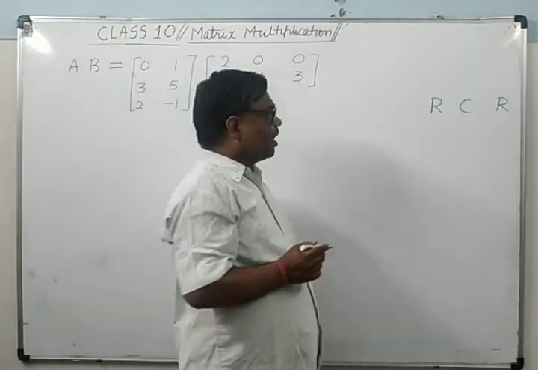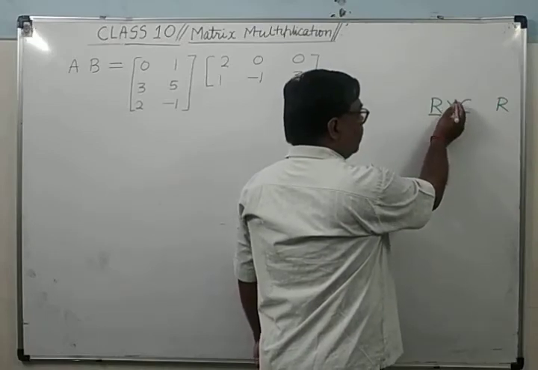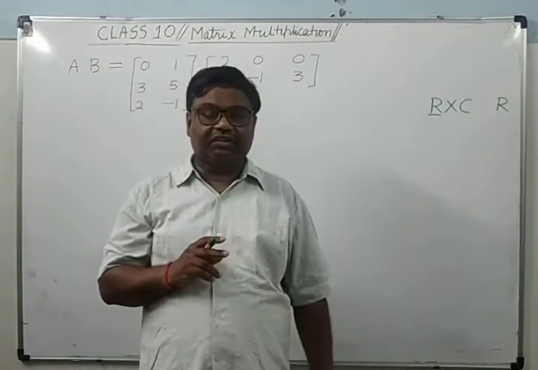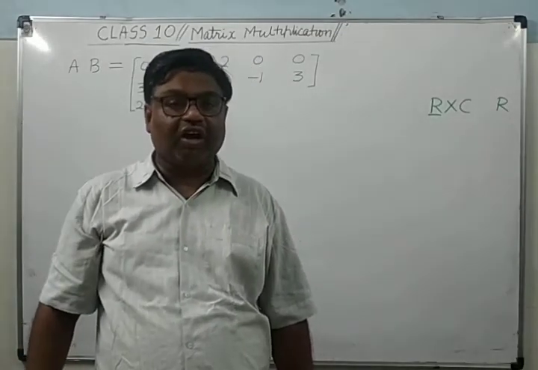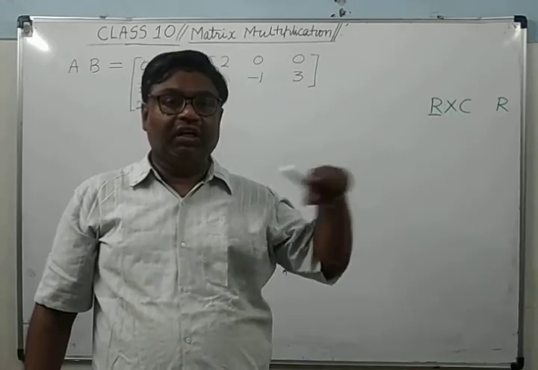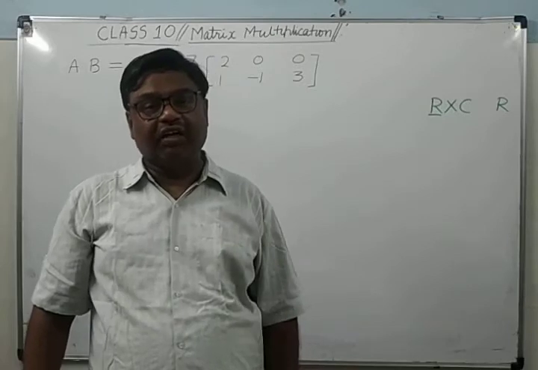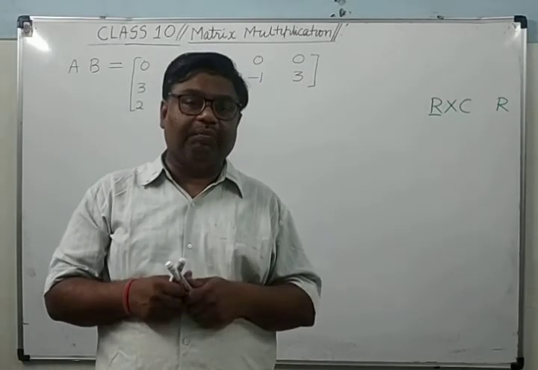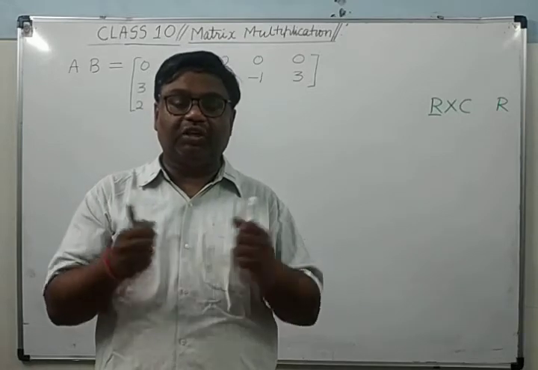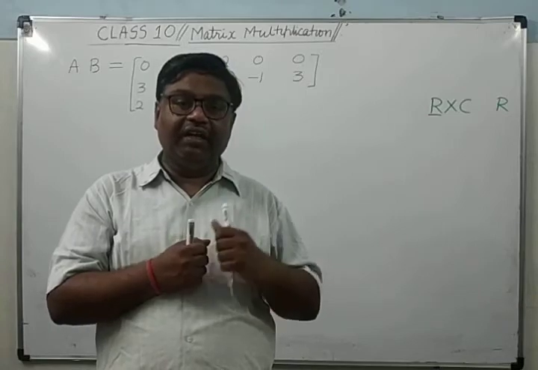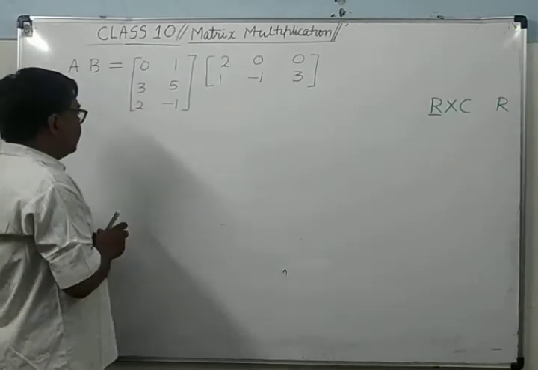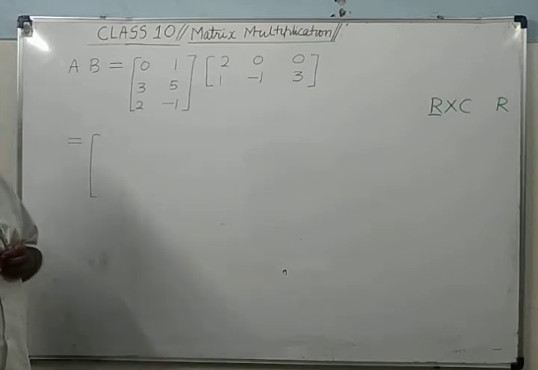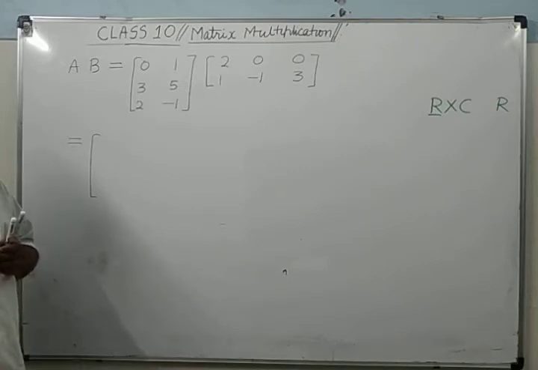पहली मैट्रिक्स की रो दूसरी मैट्रिक्स के कॉलम से मल्टीप्लाई होके we will write in row wise. First matrix row will be multiplied with the second matrix column and then it will be written row wise, not the column wise. आरसीआर: first matrix से रो लेंगे, second matrix से कॉलम लेंगे, उनके कॉरेस्पॉन्डिंग एलिमेंट्स को आपस में मल्टीप्लाई करेंगे. कॉरेस्पॉन्डिंग एलिमेंट्स मतलब पहला पहला, दूसरा दूसरा, तीसरा तीसरा. Then we will add and then write down row wise. Is it clear? You see here what is the rule. First matrix की रो लेंगे, second matrix की कॉलम से मल्टीप्लाई करके रो वाइज लिख देंगे. Is it clear? मल्टीप्लाई करेंगे, ऐड करेंगे, row wise.